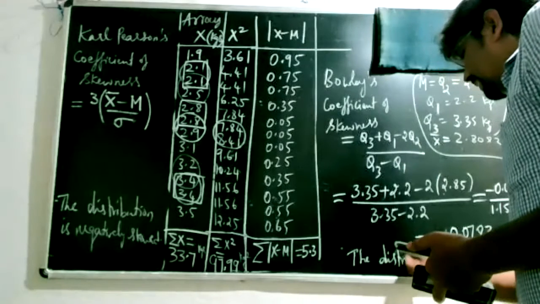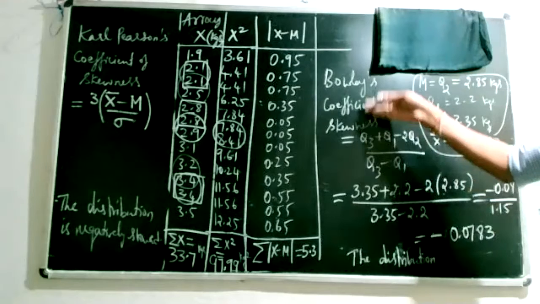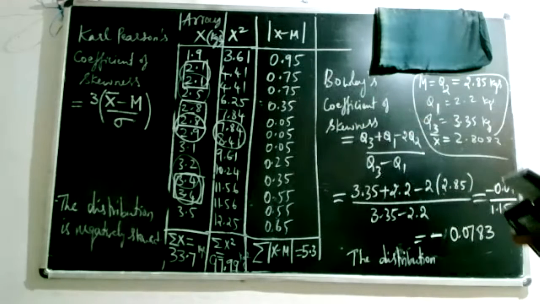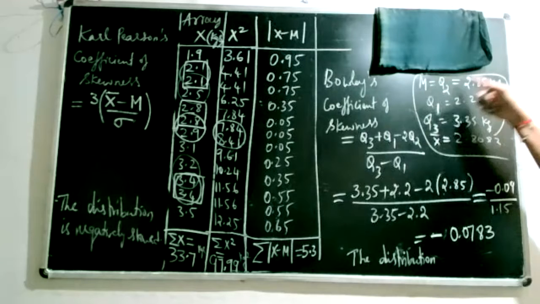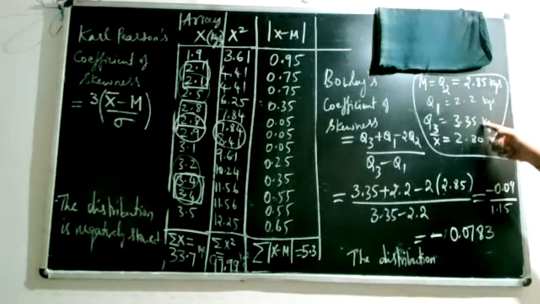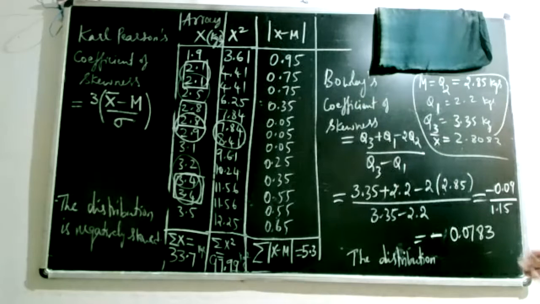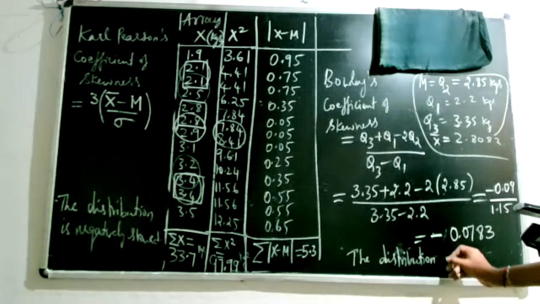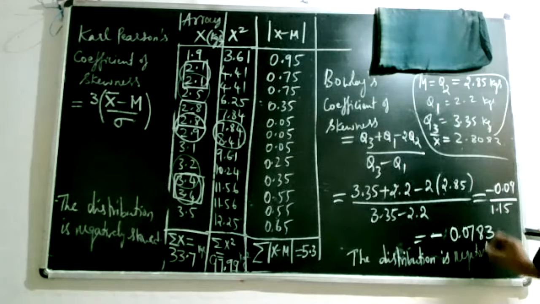Now in the test and examination, as said, only 1 or 2 measures will be asked. So you could just be asked, obtain the Bowley's coefficient of skewness or obtain Karl-Pearson coefficient of skewness. In the background, you should also show the working of this. So this is required. Only if this is known, you can compute the coefficient of skewness. So the distribution is negatively skewed.